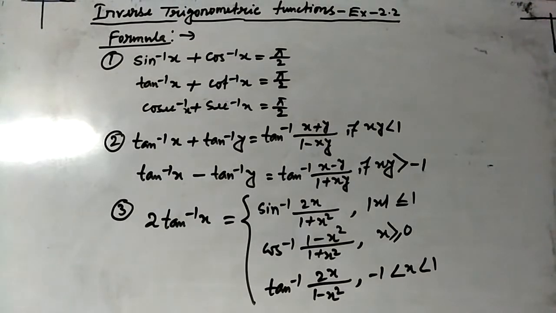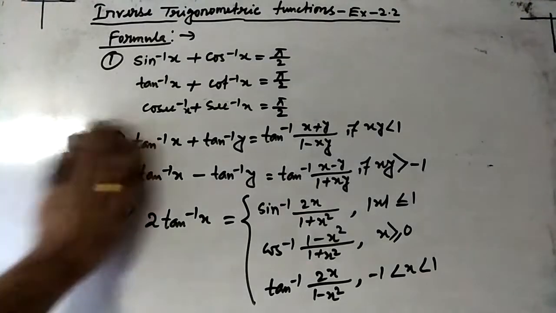Today we'll learn question numbers 1, 2, 3, 4. Two questions I'll solve here and two questions I'll give as assignment. Question number 1 I'll solve and question number 3 I'll solve. Question number 2 and question number 4 will be assignment. In the next video, we'll discuss the rest of the questions of this exercise. So now we are going to learn question numbers 1, 2, 3 and 4.